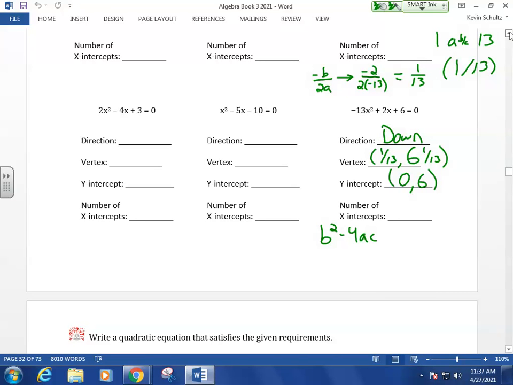Our b value being a positive 2 means we're going to square that and subtract 4 times a, which is negative 13, times c, which is 6. Without a calculator, who can tell me whether this is going to be a positive, a 0, or a negative value? Elise,